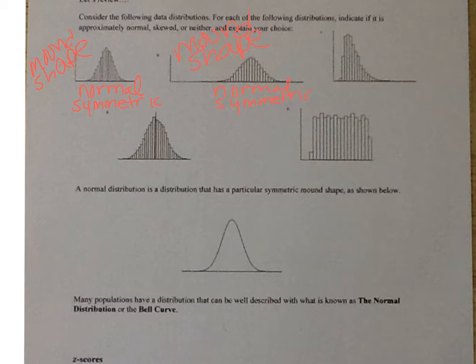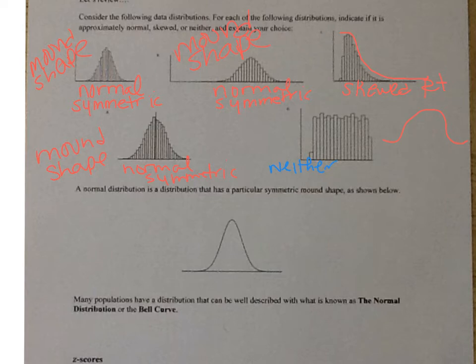Okay, notice that C goes like this. It looks like it has a tail, so that's skewed to the right. D would be normal, symmetric. Okay, it's a mound shape. Okay, so now take a look at E. E is symmetric, but it doesn't have that mound shape, doesn't look like this. So this is actually neither,